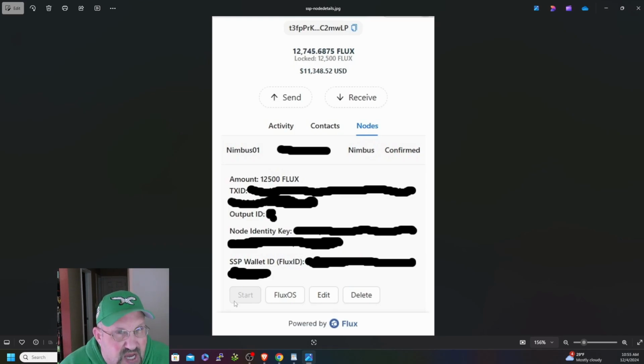Just because I jumped the gun a little bit when I set up my SSP wallet, and the 100 transactions wasn't quite through yet, I thought maybe it might automatically go. It didn't, once the 100 confirmations hit. So I entered the information into Node Orbit and all that stuff, and I wasn't gonna be around, so I left overnight and let it go. The 100 confirmations was gonna finish it overnight, so I thought maybe I'll see if I can get it to start right away, and it didn't happen. Yeah. So basically, just wait for your 100 confirmations to go through, then you can get everything finished up with